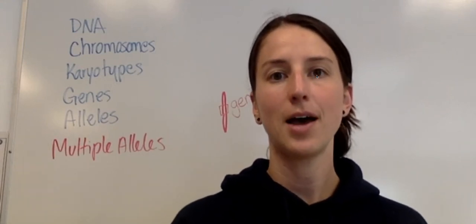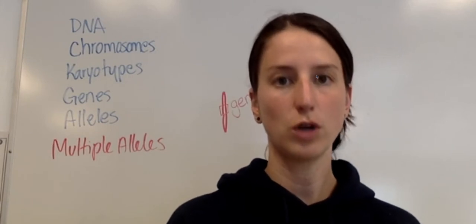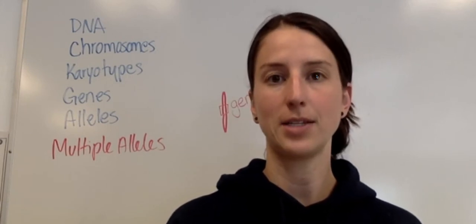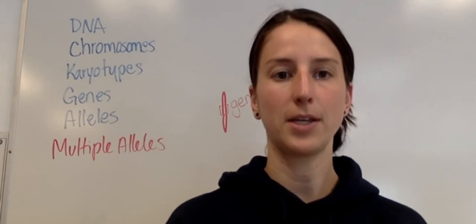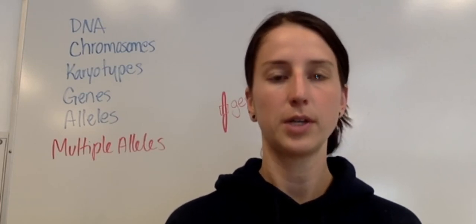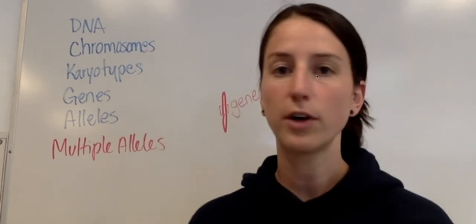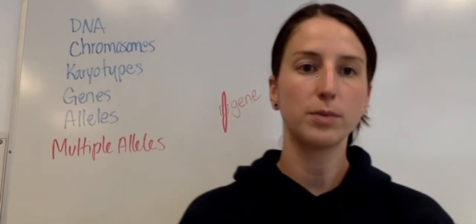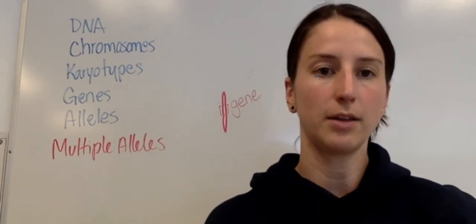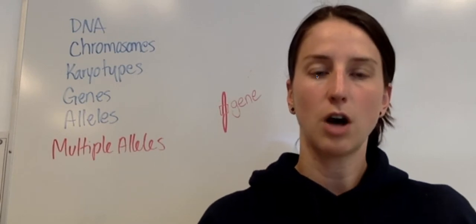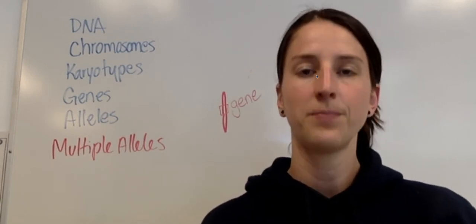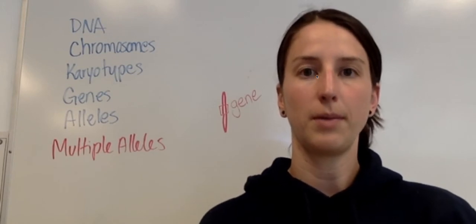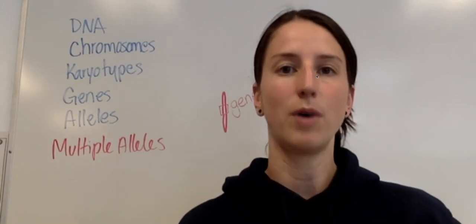So hopefully the last lesson on codominance and incomplete dominance made sense as different types of inheritance, because today's lesson will build on those. So far you've gone over DNA, we've talked about chromosomes, karyotypes, genes, and alleles. The topic that we're covering today is multiple alleles and blood types. So we're going to learn a little bit about how you inherit blood types and what having a different blood